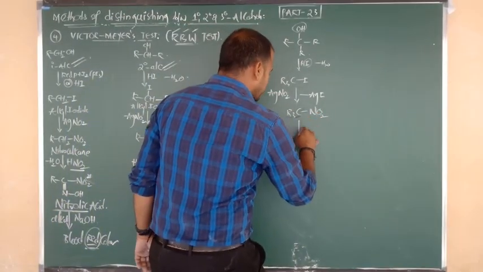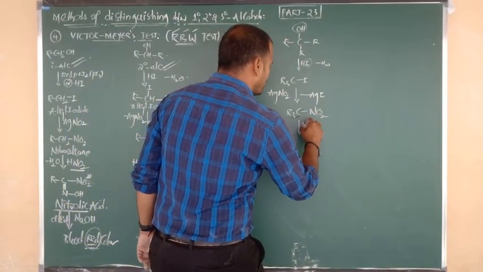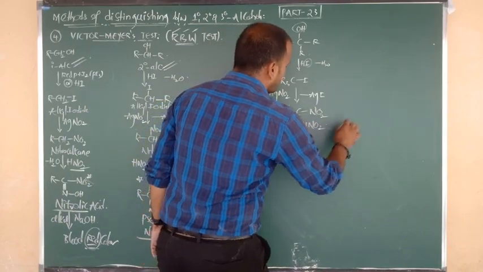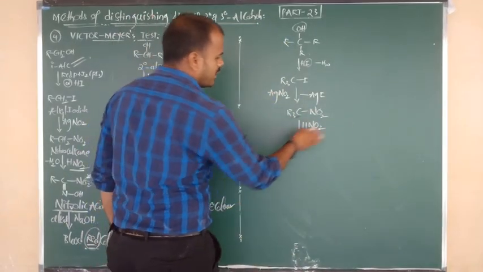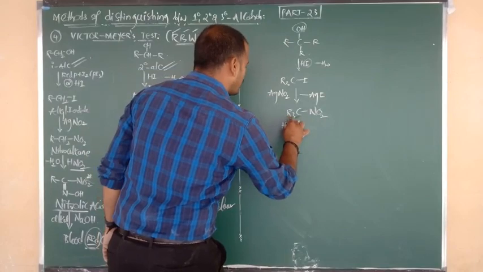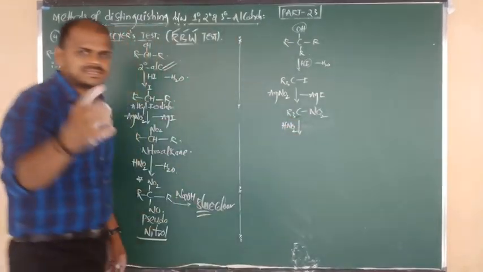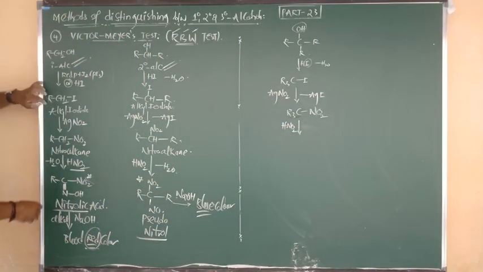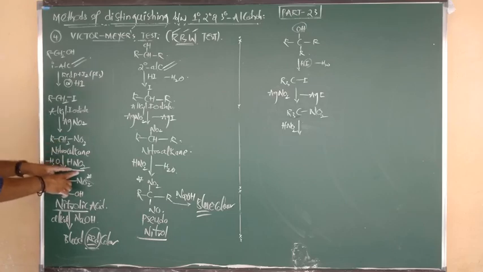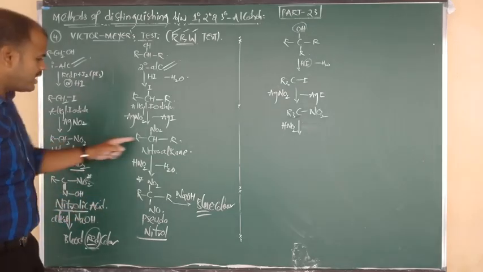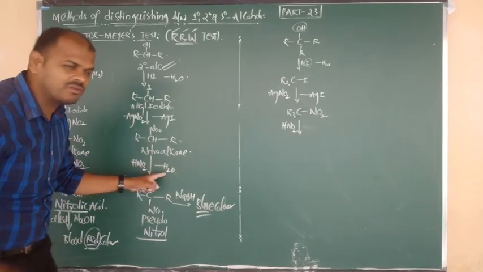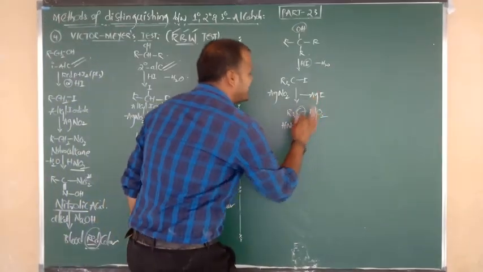Nitroalkane. Such nitroalkane is followed by reaction with what? HNO2. Okay. So upon reaction with HNO2, see here once again. From primary alcohol, before reaction of HNO2, here carbon contains hydrogen, we can do dehydration. Here also carbon contains hydrogen, we can do dehydration. Now is there any hydrogen here?